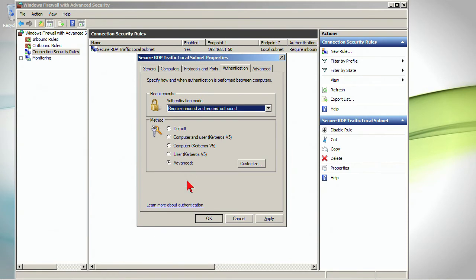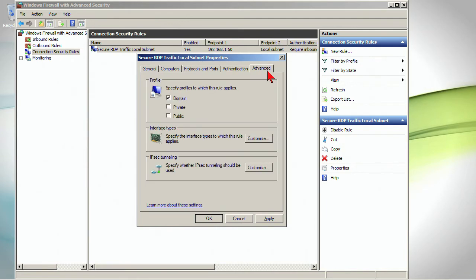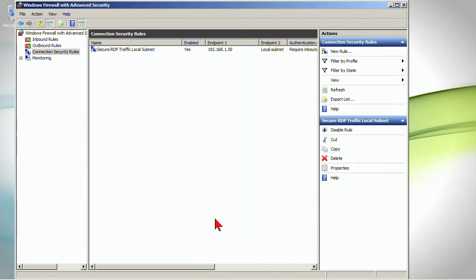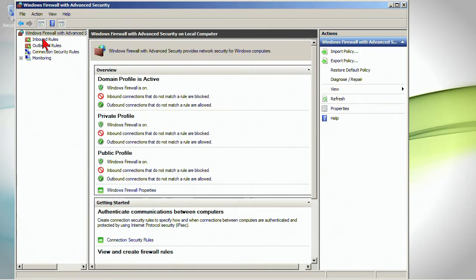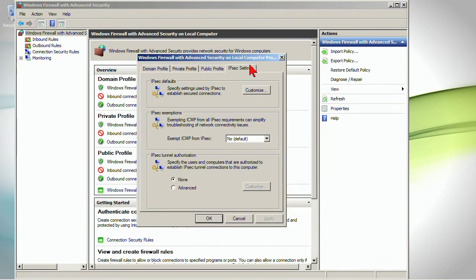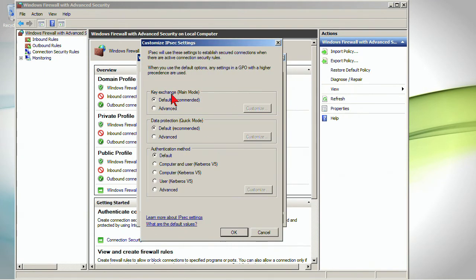Okay, we've got our authentications, our other methods. Notice here I even have different options. So if you're ever unsure, the wizard didn't ask me, just go to the properties of that object that was created. Okay, now we'll hit OK, and we're going to go back to the properties here. I'm going to go to the firewall properties and IPsec settings. Notice here is where I would have to go if I wanted to change key exchange, which is main mode,